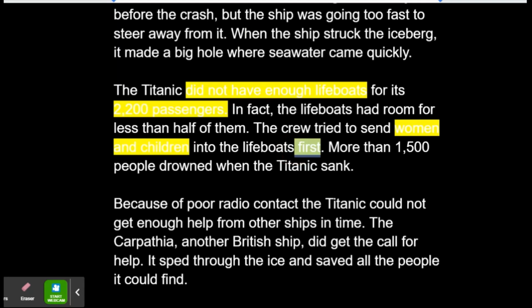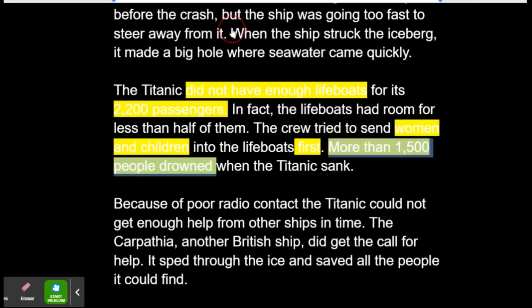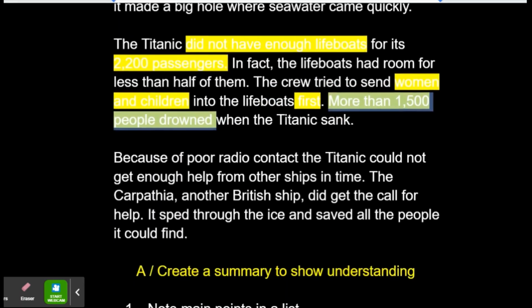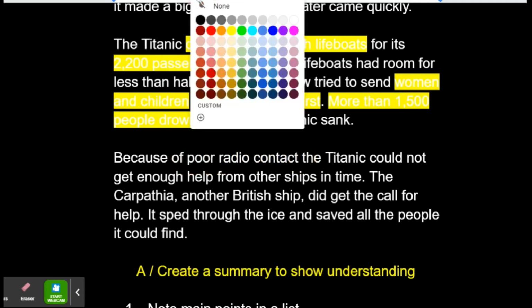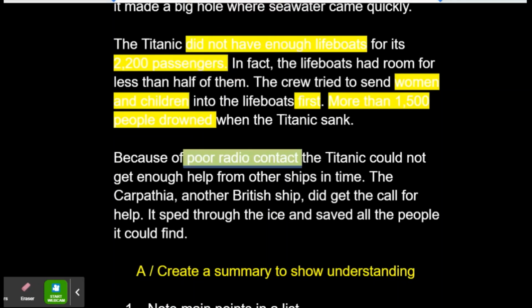And then I'm going to highlight what happened to a number of other people, and more than 1,500 people drowned. So I'm going to highlight that bit of information. And when we get onto the final paragraph, I'm looking at the fact that there was poor radio contact. Okay, so because there was poor radio contact, it meant that the Titanic couldn't get the help that it needed,